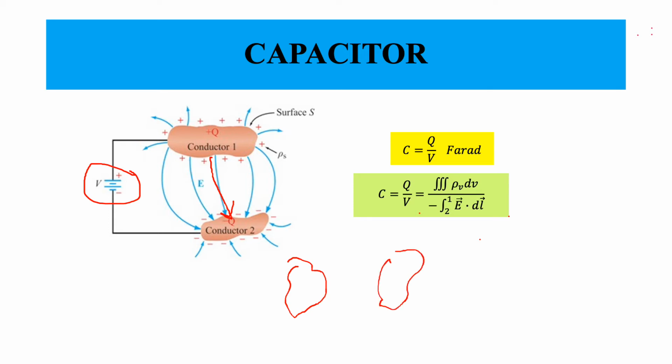So the answer is that conductors are equipotential surfaces. So this is an equipotential surface. I do not really matter which path I take. I can take this path, I can take it like this or like this, any path I can take. The most important thing is that it doesn't matter which point you take on the conductor, right?